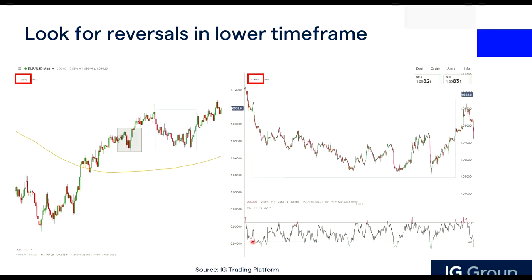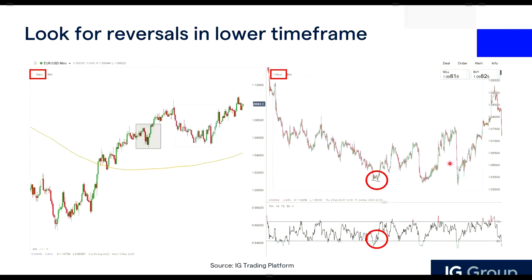So probably a bit too compact for you to see, but if you're able to spot any signs of a potential reversal, I'll just leave this here for 10 seconds for you to exercise your eyes and try to see if you can find any. I think in this case it's a bit small, so it may be a bit hard. I'll leave this for another 10 seconds for you to try to spot. Okay, so let me just show you over here.